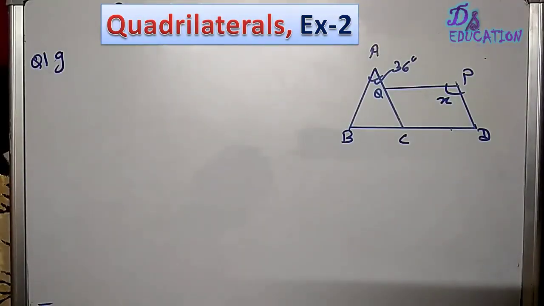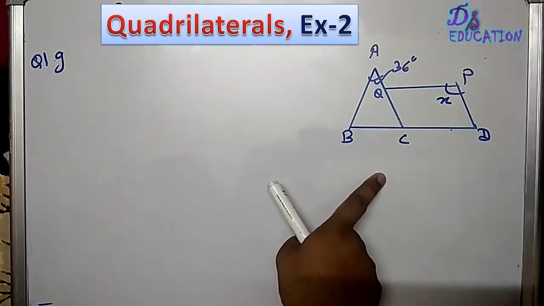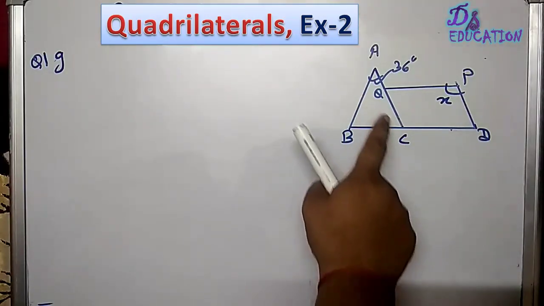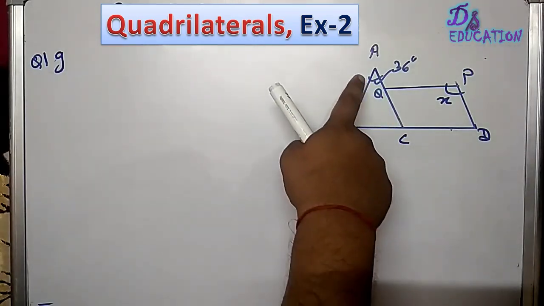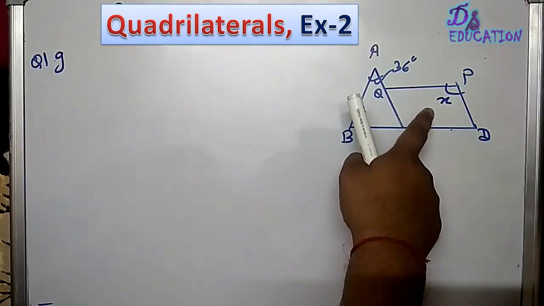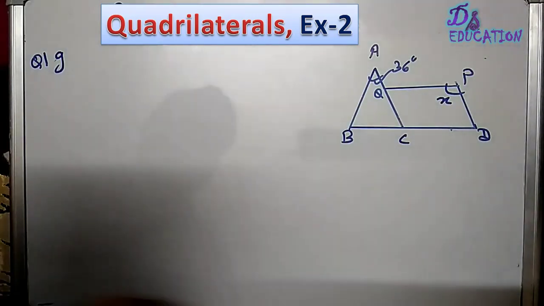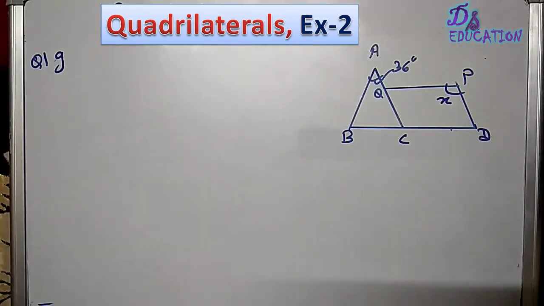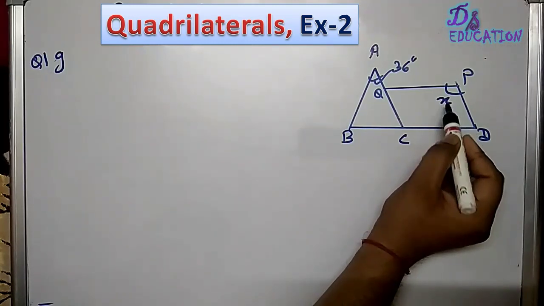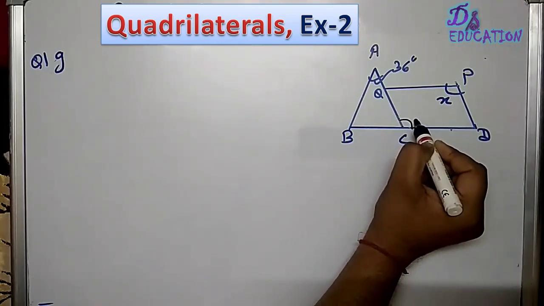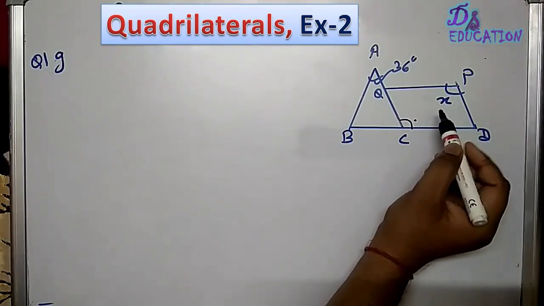Moving to the next question now. If you see the figure, ABC is a type of triangle and QCDP is a parallelogram. Okay, so one of the angles of a triangle is given and we have to calculate the angle X. Okay, so let us start now. If you see in this question, for this, if we have to find this angle, we should be knowing this angle, because then the opposite angles of a parallelogram will be equal.